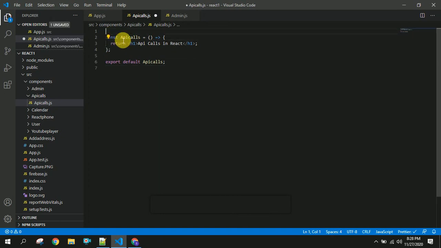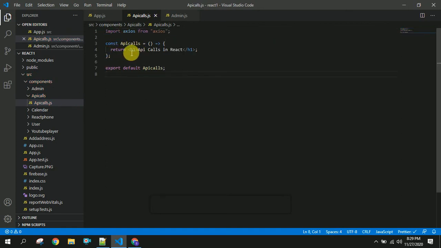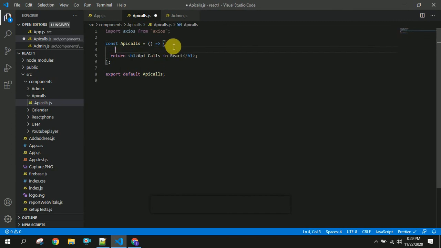For this we have to import Axios in React, and I am importing Axios from Axios. Now I will use useEffect, as this is a functional component.